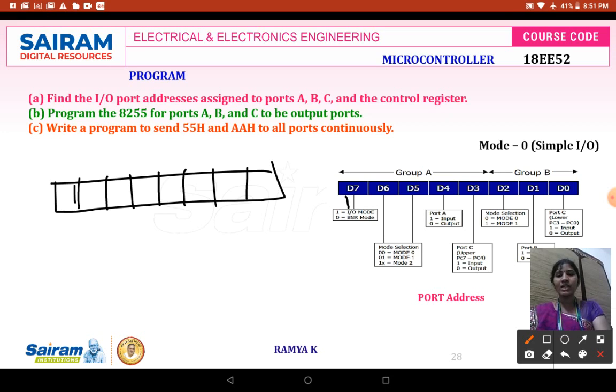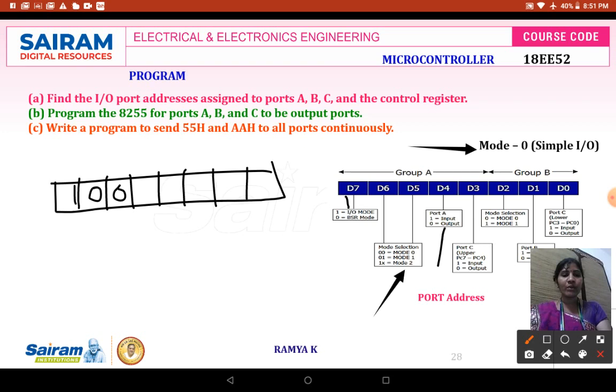The D7 bit is going to be 1. Why? Because I am going to operate it in IO mode of operation. The next is mode selection. In the problem it is given that the mode selection is mode 0. So when the mode selection is mode 0, here I have to put 0 0. Then all 3 ports have to act as output ports.